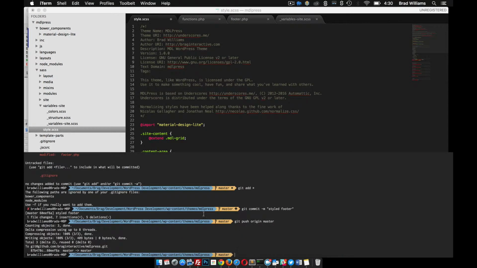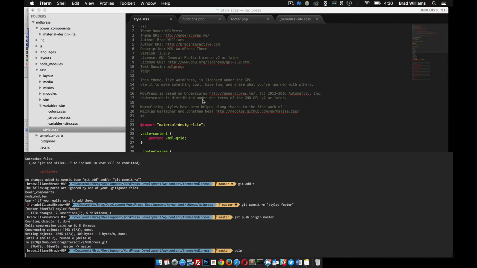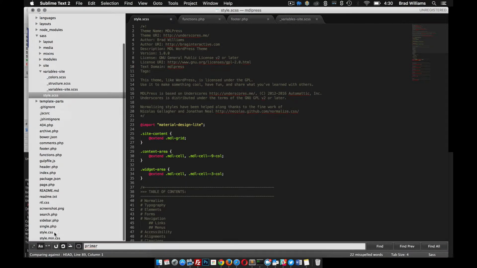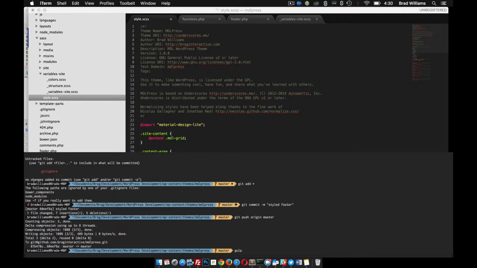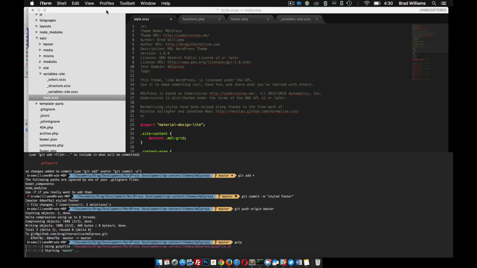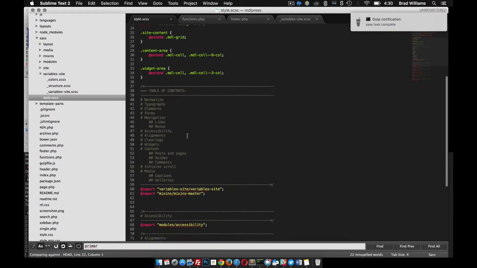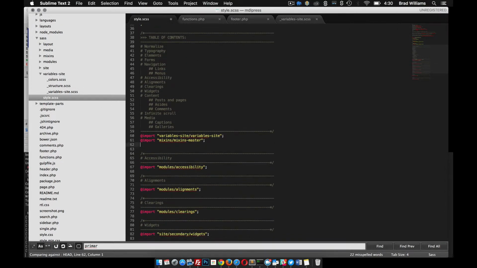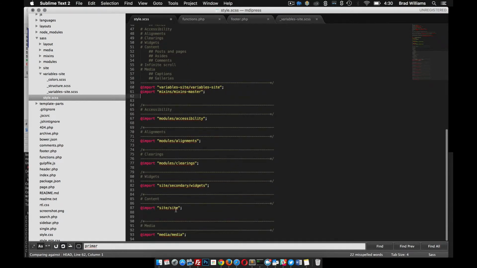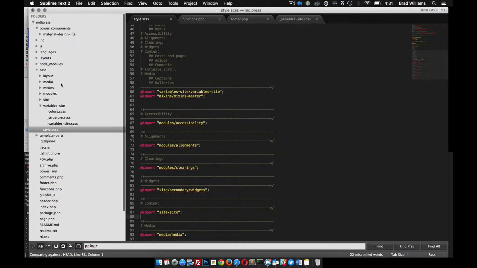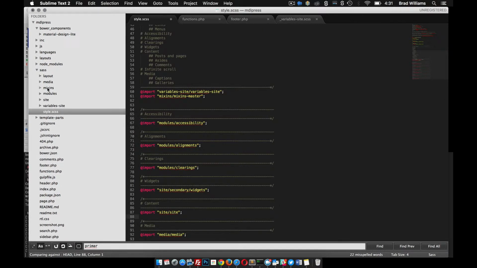While I was doing this, it probably is a good idea to have the gulp task running, so it'll automatically recreate our style sheets down here. Once it gets running, we can go in and just make a change and see if we broke anything. It looks good right now. So alignments, clearing, widgets, media. We cut down a lot of files in here that we're not even using because we implemented Material Design